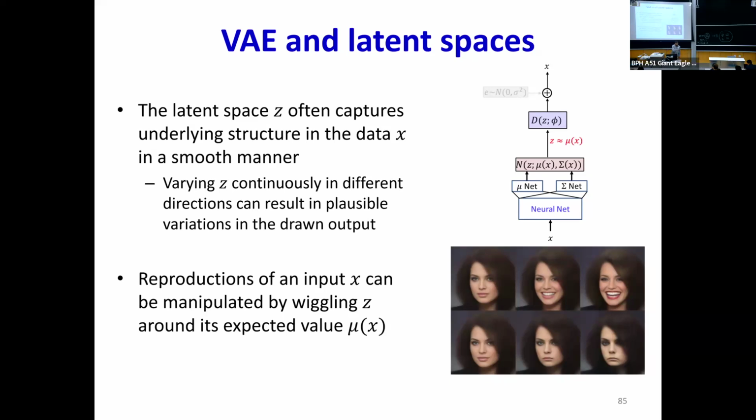Which means that if you travel along this manifold, you're probably traveling along the space of faces. And so people use this for manipulation. Here's an example where you take two faces, you get the mean z for this face and the mean z for this face. Take a z exactly between the two and put that z through the decoder, and you get a half smiling